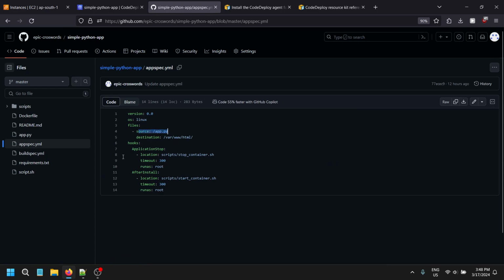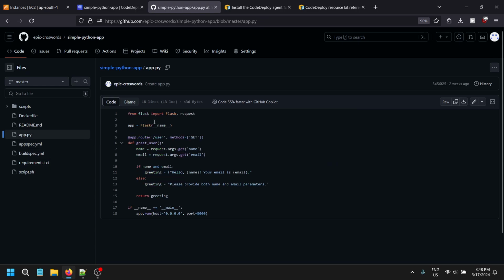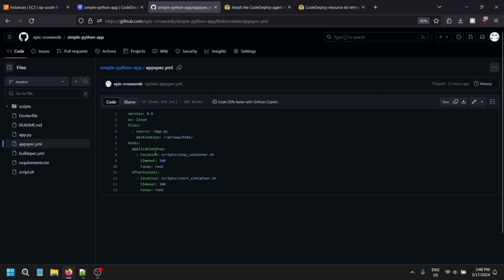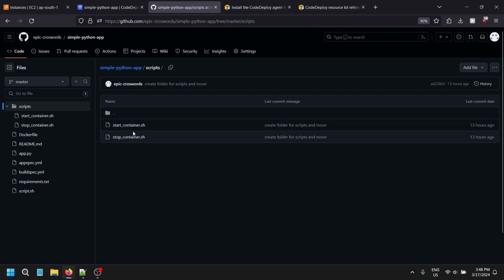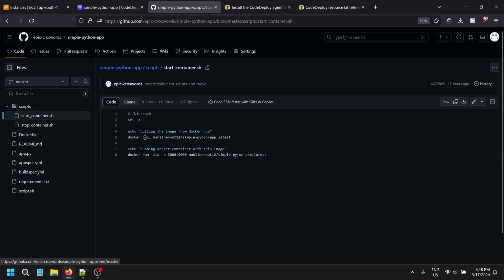selected our app.py, which is the Python application that we have written, and we have created two bash scripts, which are application stop container.sh and start container.sh. It will fetch the start container.sh. It is already mentioned in the scripts folder. In the start container.sh, it will pull the image from DockerHub itself on the latest tag. You can select whatever tag you want. It could be